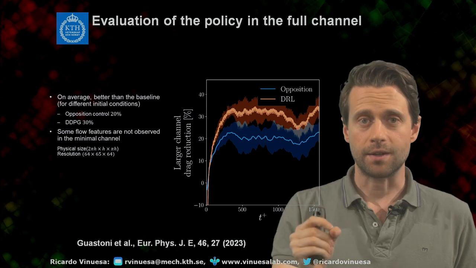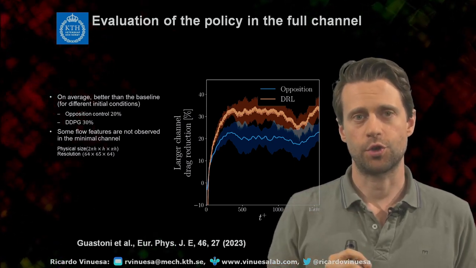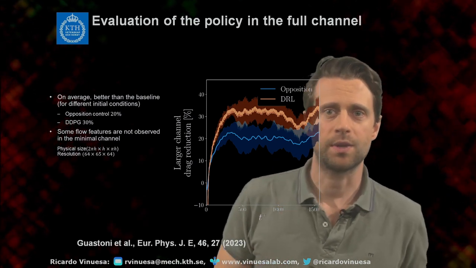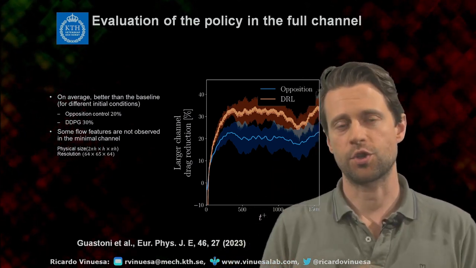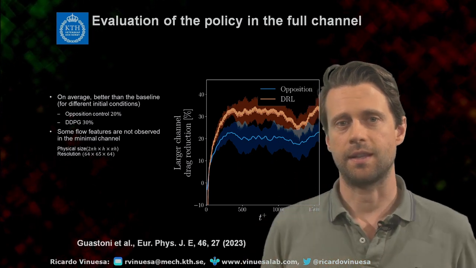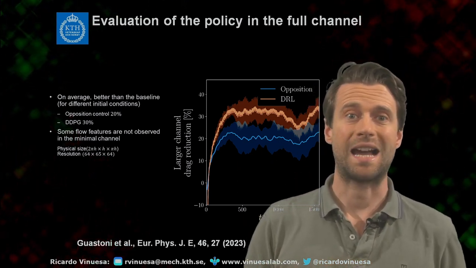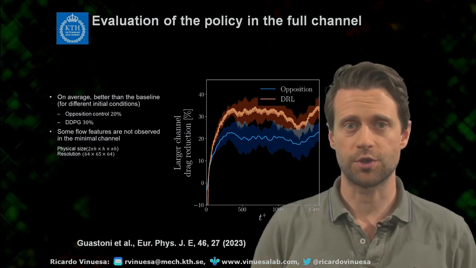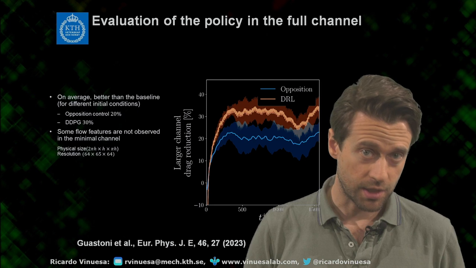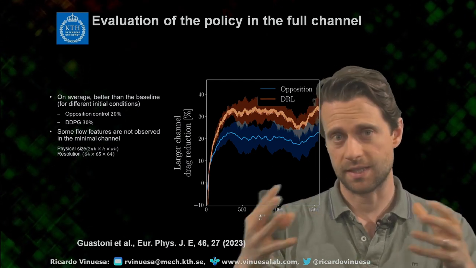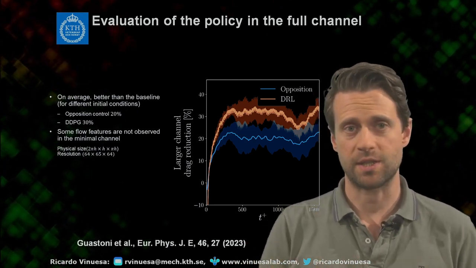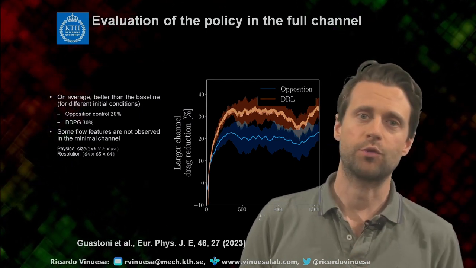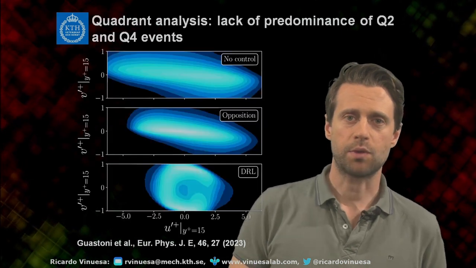Now what we find here is that the drag reduction of opposition control is around 30%, which is good. But actually with reinforcement learning we can get much more drag reduction. So opposition control 20%, and then the DRL, the deep reinforcement learning, reaches actually 30% of drag reduction. So we get very, very promising results, a very high potential of application to more complex cases, to more difficult geometries, and in particular to try to see and learn something about the physics when we try to understand what this control is doing. And this is what we do next.